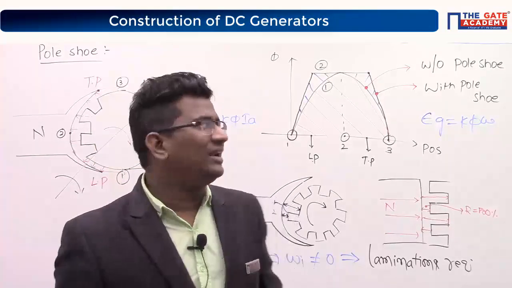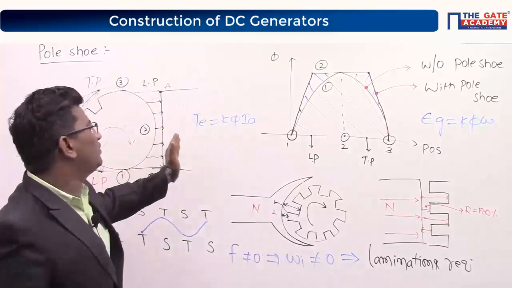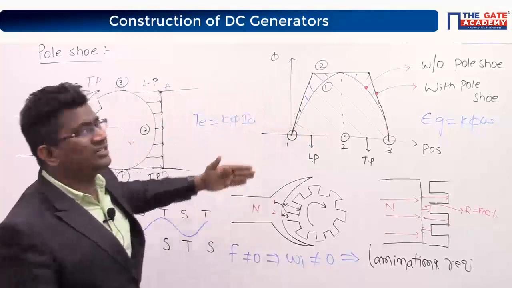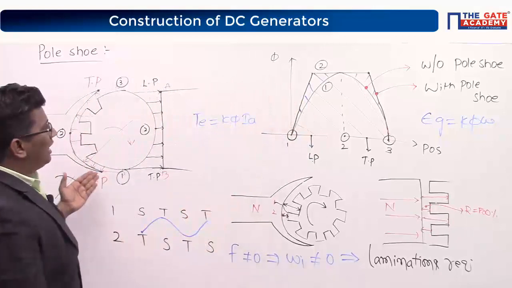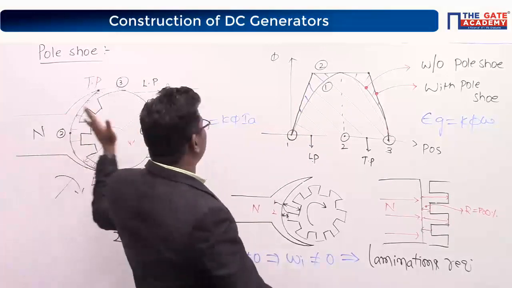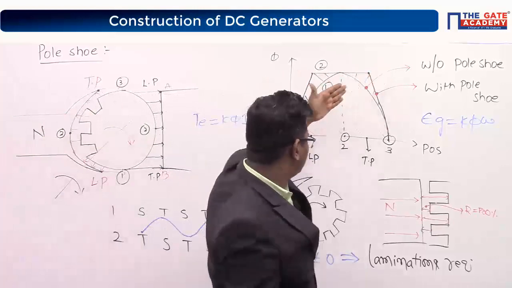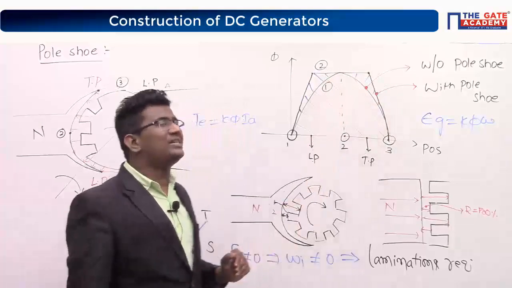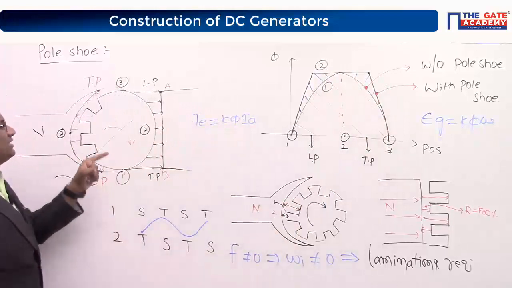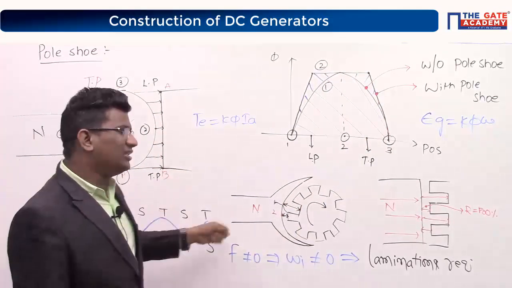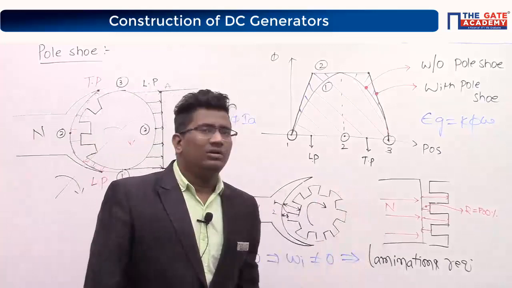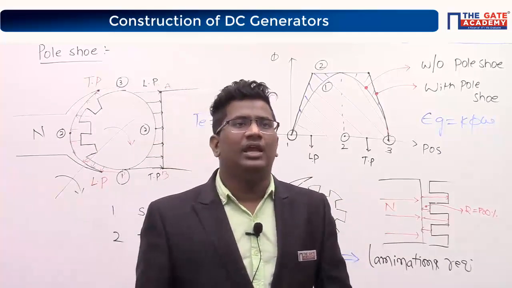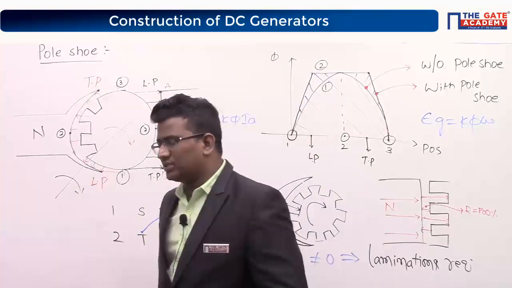Why have we selected this type of pole shoe? Why have we not taken this? Actually, there is an advantage in using this. What is the advantage? We are getting more average flux here, right? But one disadvantage is that the flux oscillates. So to avoid that oscillation, what will I do? I will use laminations. I hope this is clear, everybody. Any doubts? If you have any doubt, you can ask.